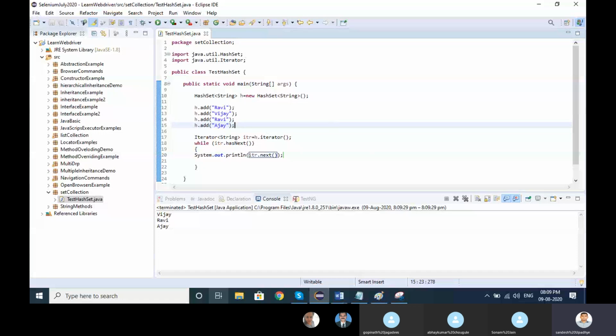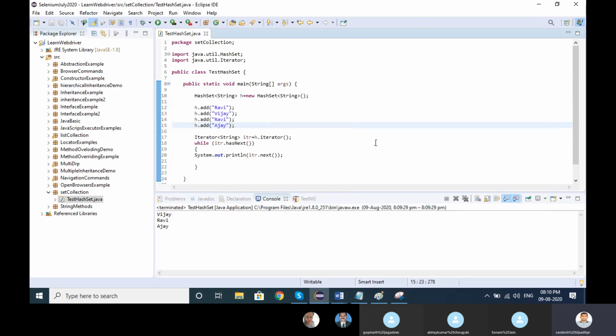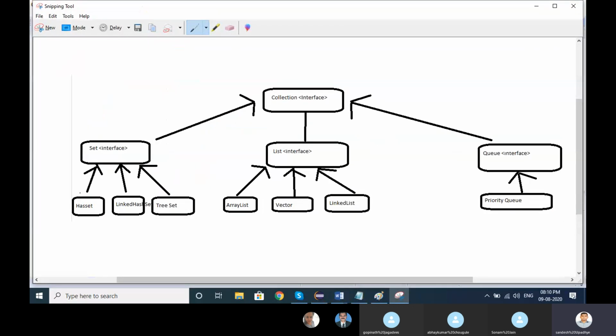So if someone asks what the difference between the List interface and Set interface is, this is the thumb rule. When we go with the List, we can take duplicate elements. When we want to take only unique elements, then go with the Set interface itself. There are small differences between HashSet, LinkedHashSet and TreeSet, and I will tell you, but this concept you got, right?